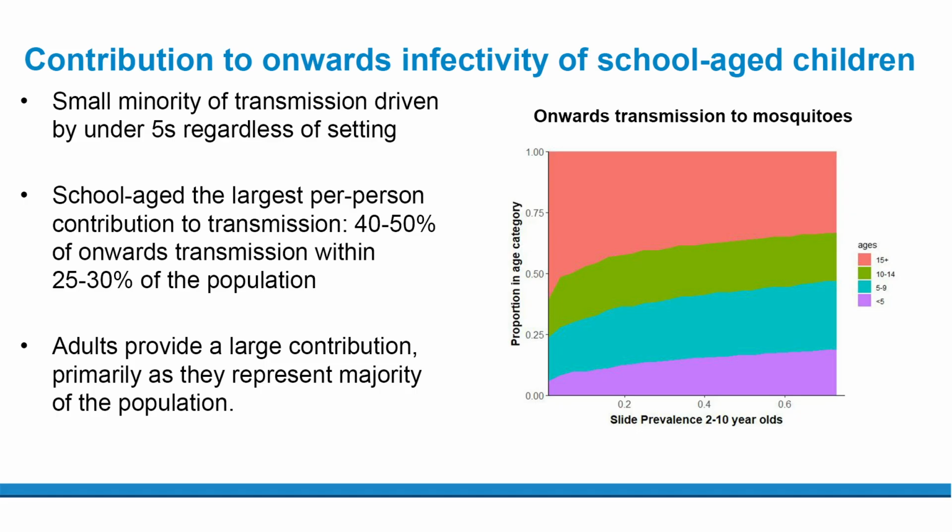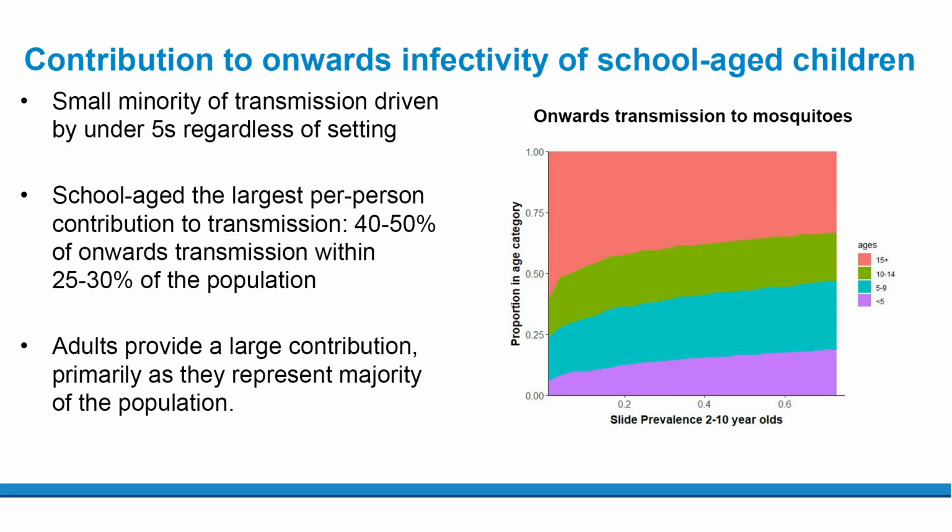Do that. This is that. So I'm just going to remind you, this is what the proportion of the clinical burden is as a function of age. If we now do that in terms of what proportion of onwards infection, what proportion of infected mosquitoes are within each category, you see that now, because slide prevalence is fairly stable, and biting is preferentially in children,